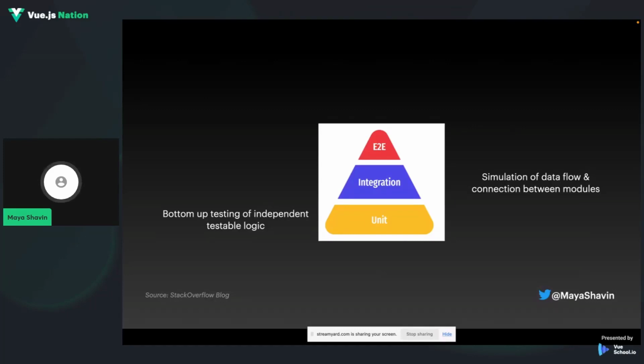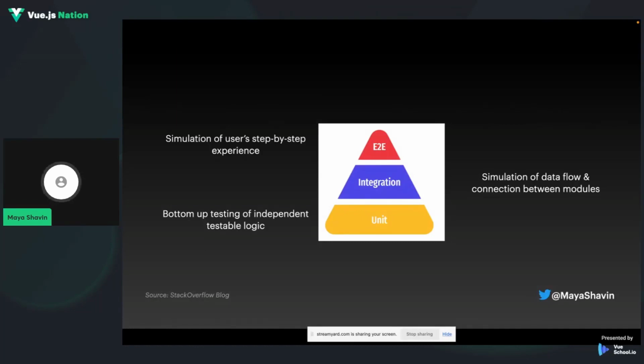Integration testing means you combine different logics or different components together and see whether the data flow and the connections work. You can assume that logic A works and logic B works, but together they may not work like you want them to. So that's why we have integration tests.